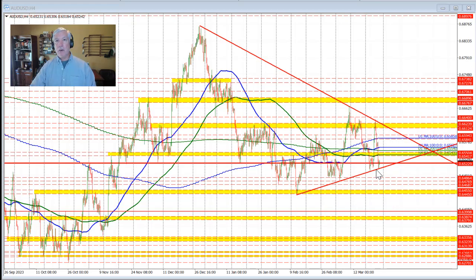Conversely, if we do start to rotate back to the upside off of this trend line like we did earlier this week, and start to get back above the cluster of moving averages here, here, here, and here. Guess what? We're going to head up toward the downward sloping trend line and perhaps this swing area through here between 0.6612 and 0.66249. So the market and the technicals are making it easy for us to define our risk,